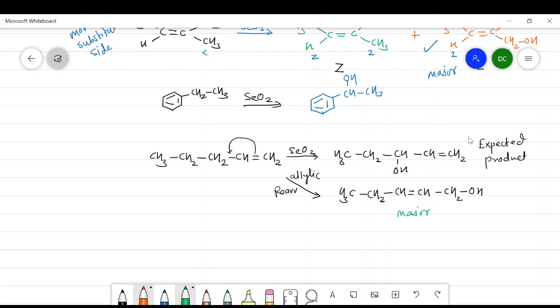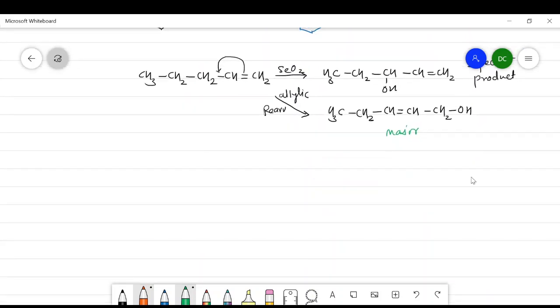Now consider another example. I will write a cyclic compound which is having a structure of cyclohexene. This cyclohexene, when it is treated with SeO2 in presence of dioxane as a solvent, we know that there are two allylic positions. This is first and this is second. And here we get one of the allylic positions hydroxylated, that is OH, and it is further converted into C double bond O. So we get this type of compound also.